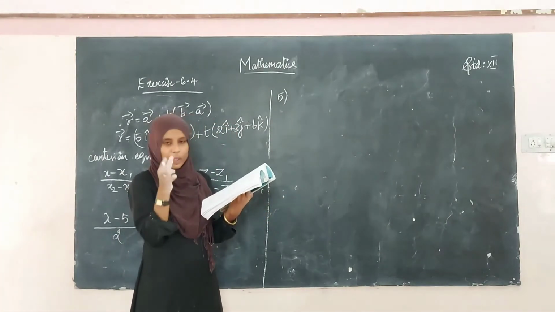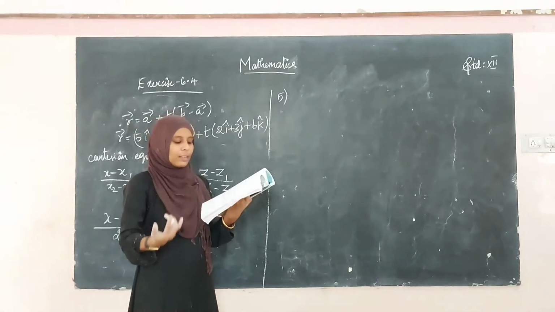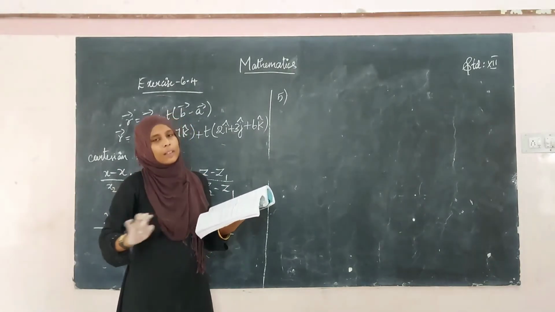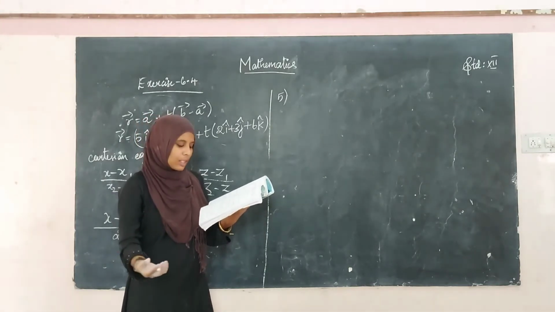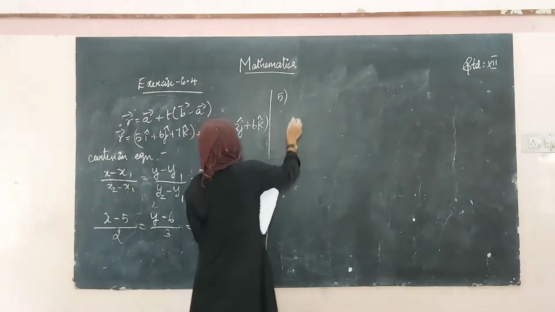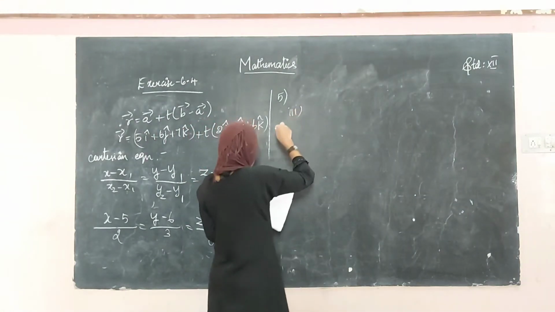So take that b vector as d vector. So b vector, d vector. Then cos theta is equal to modulus of b vector dot d vector divided by modulus b vector into modulus d vector. Use that formula and you will get the answer. So the first two subdivisions are an assignment for you. I will do this third subdivision.